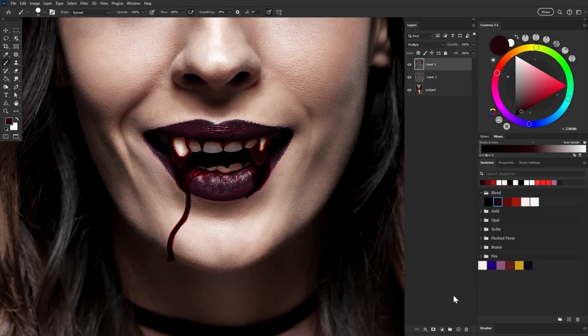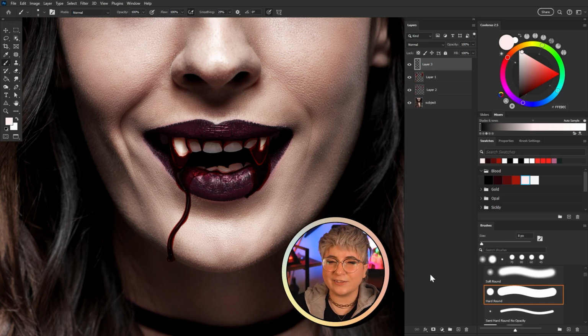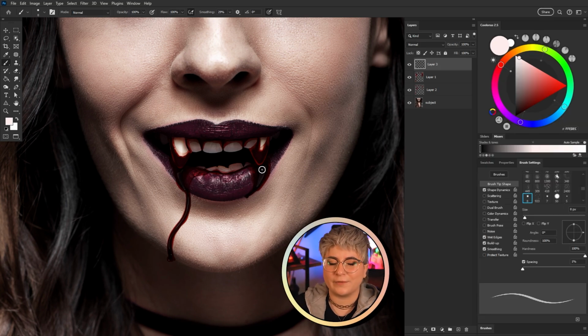Let's create a new layer and use a very light pale red to paint small little highlights on the blood. We're using that same hard brush set to wet from earlier. I like to set the brush size to between 3 and 6 pixels, but that's just going to depend on the size of your image and your highlight size. You're going to want to make some highlights bigger and others smaller, some long and some short. Just try and follow the shapes that you painted.